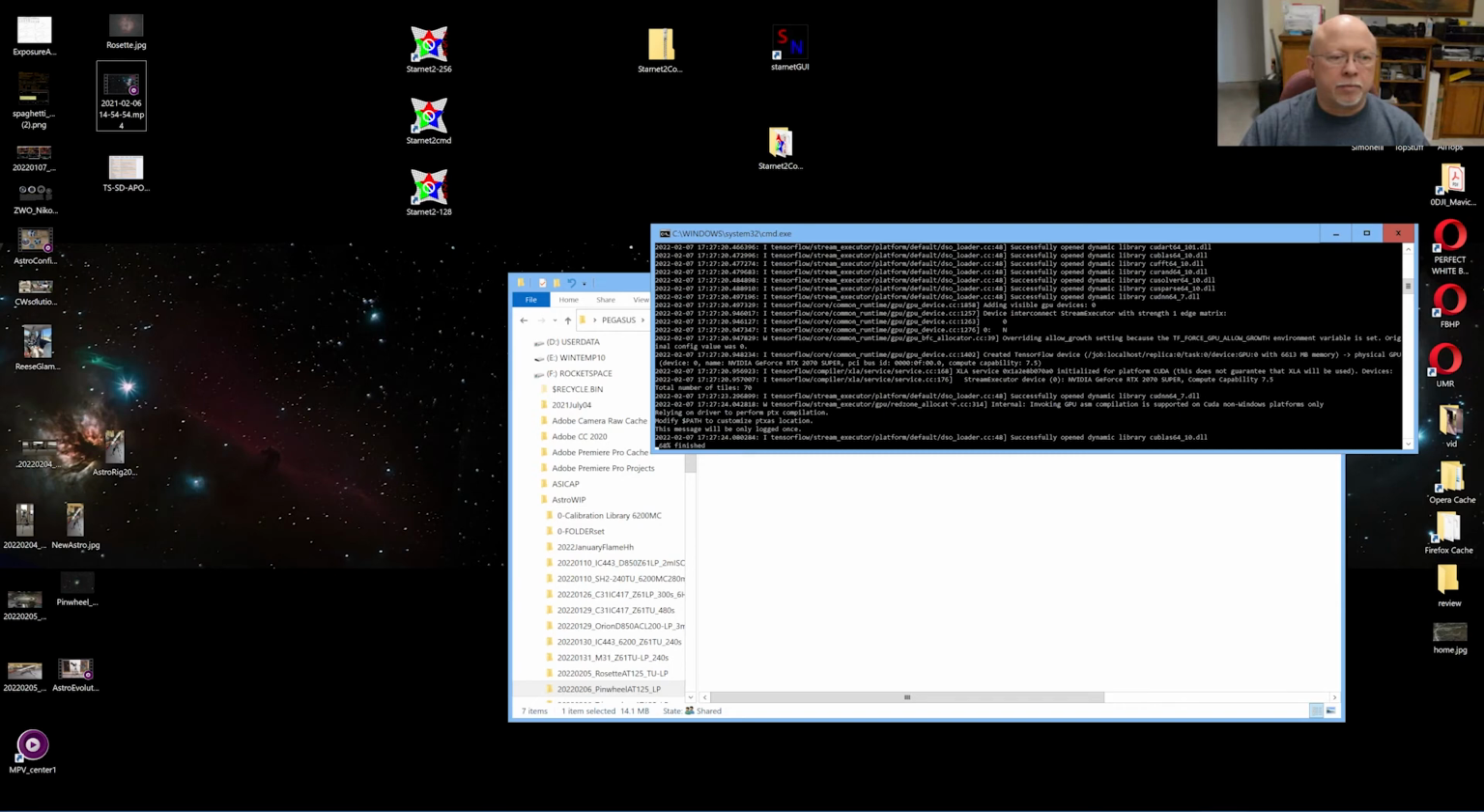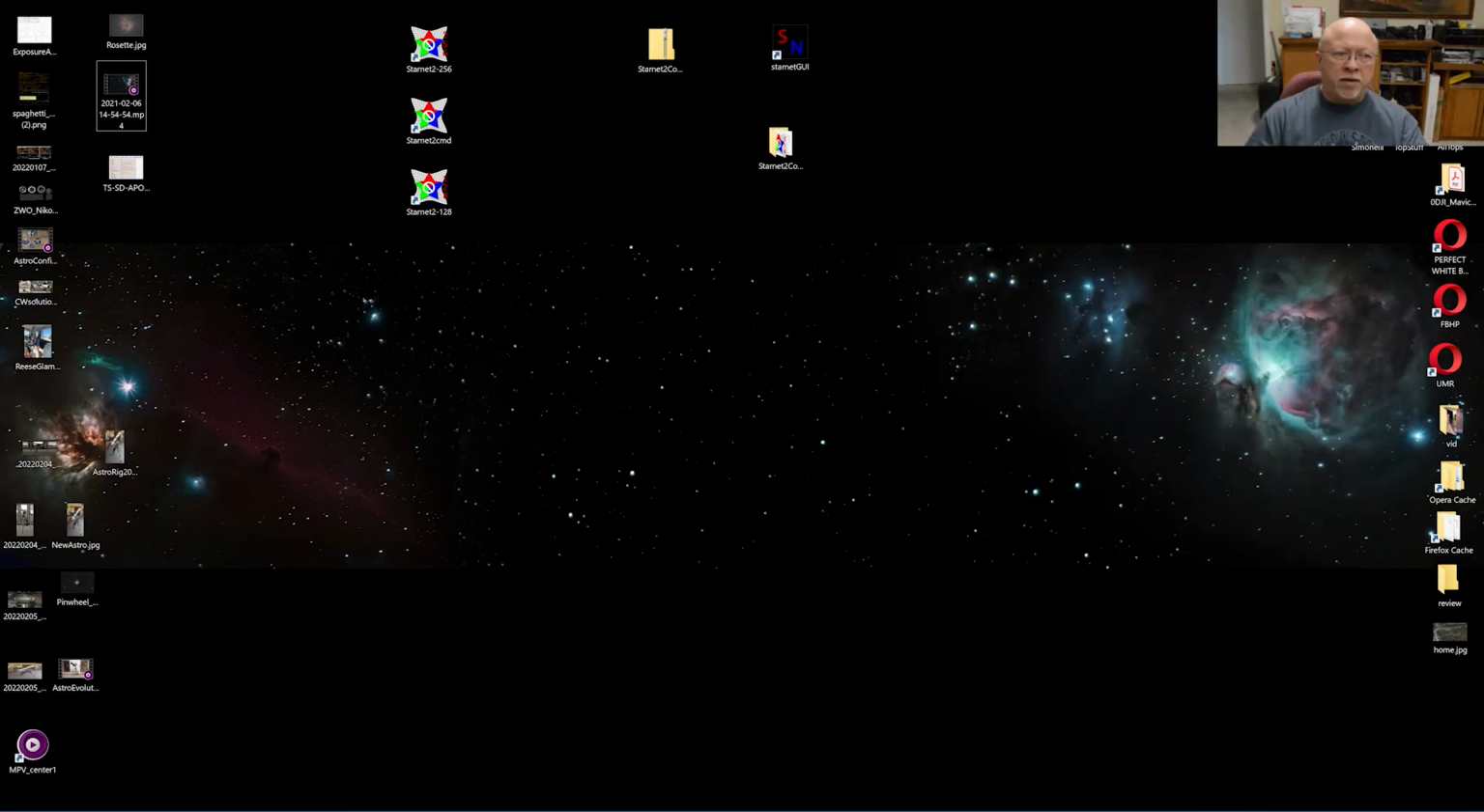So it takes a little bit longer than the 256 pixel tile size because it's smaller tiles. Now it's done. Okay, so we're done with that. So that is how you can use Starnet from the desktop with either the drag and drop approach or the Send To. Now let's go into